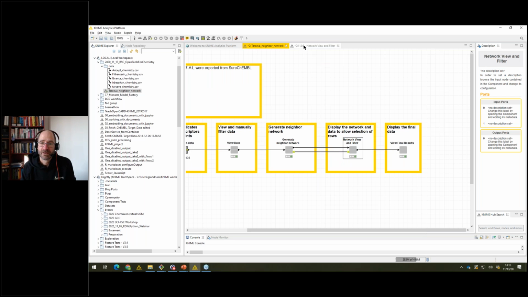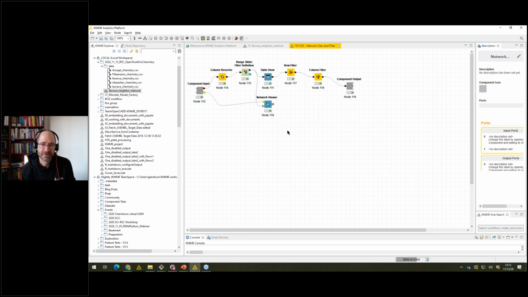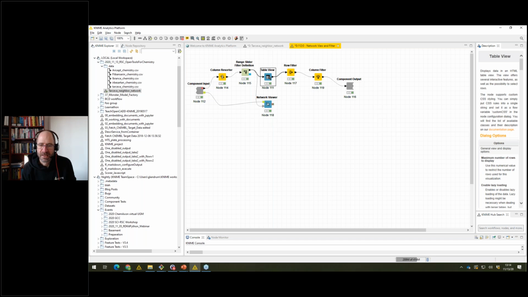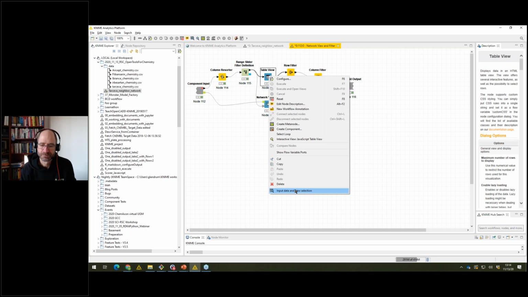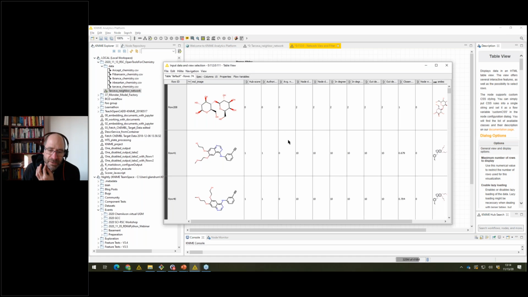So look inside, and sure enough, we have a range slider, the table view, and the network view. They are all derived from the same table, so they're all talking to each other, which is what we want. This is now worth getting into. The output of the table view is all the compounds,